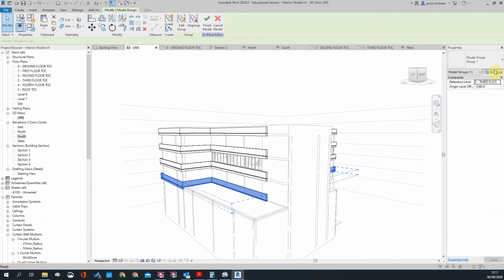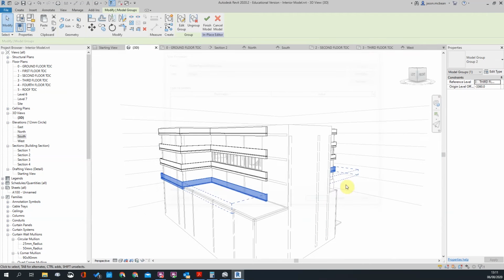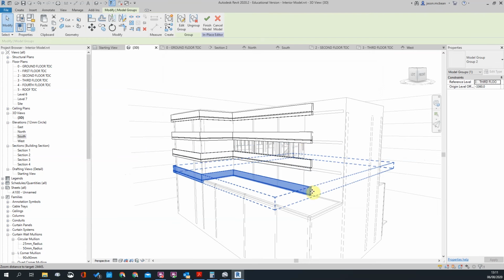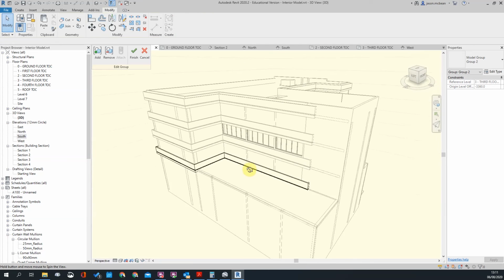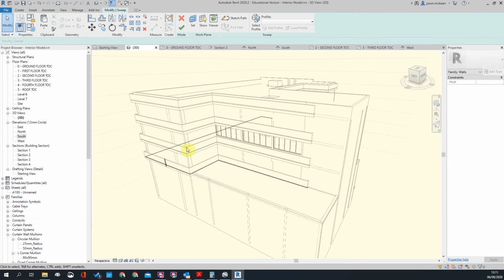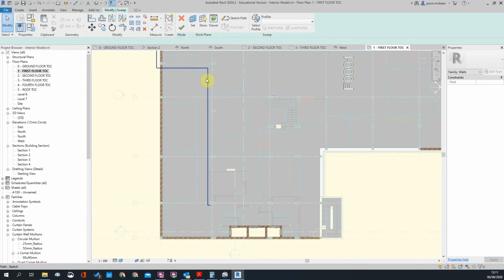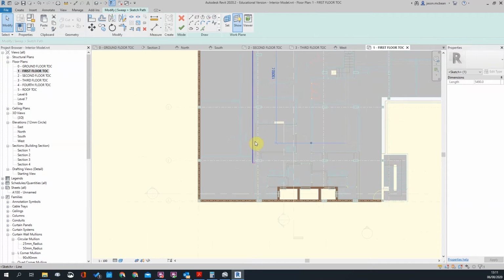So I'm going to say edit group, and I'm going to say duplicate and make it group 2. Okay, so it's no longer part of these groups. So if you change, it's just a different group. So I'm going to say edit group. Okay, I'm going to go and say edit profile. Go to first floor, sketch path. So this one, for example,